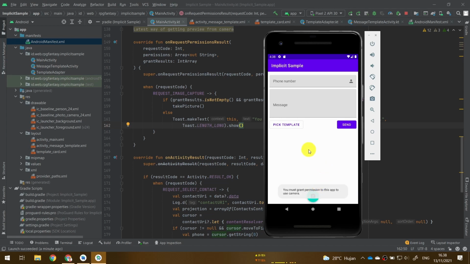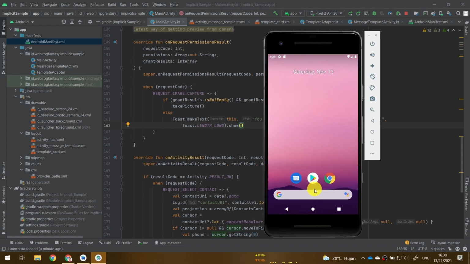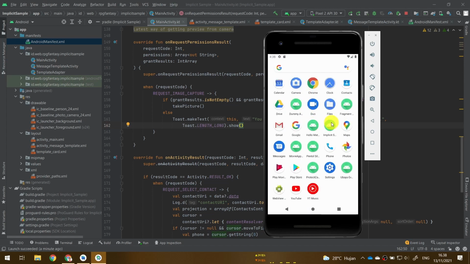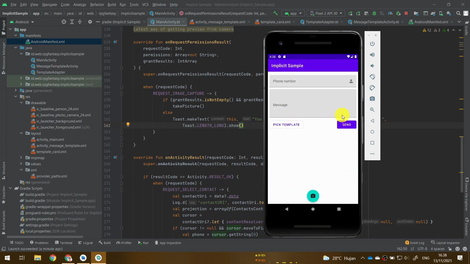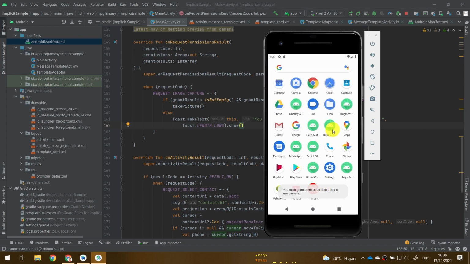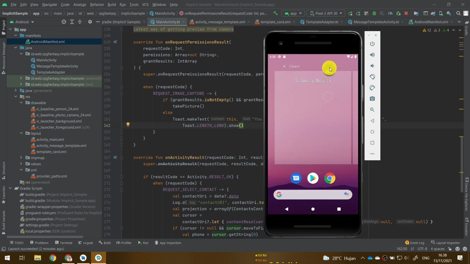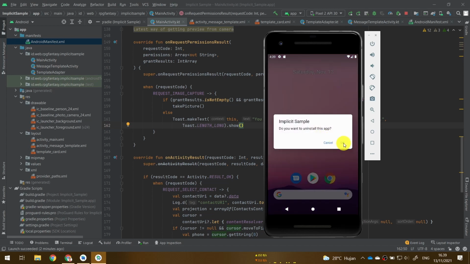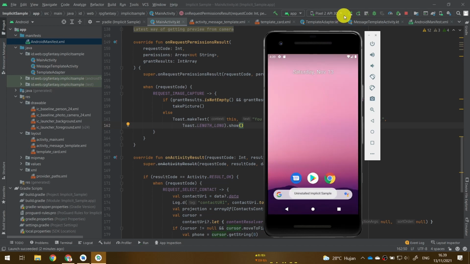But okay, now if I click it the third time and for consecutive time, then I cannot really use the camera. Let me close my application, then I will rerun it. Hopefully I can trigger the asking for permission. Oh, unfortunately it cannot, so I must uninstall it. If you want to try to deny, then please just do it once. Don't do it multiple times like I did.